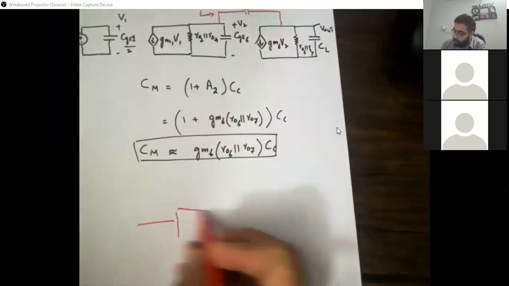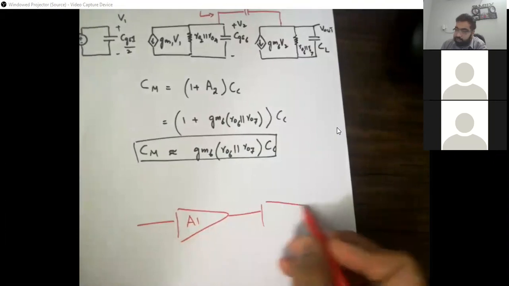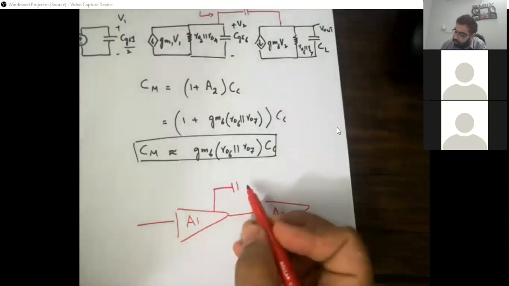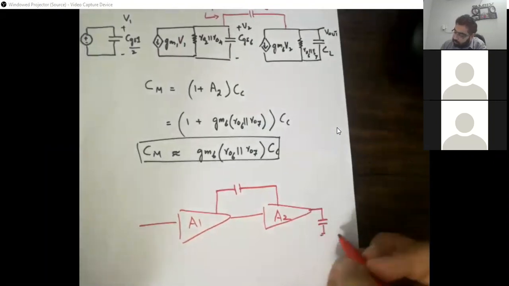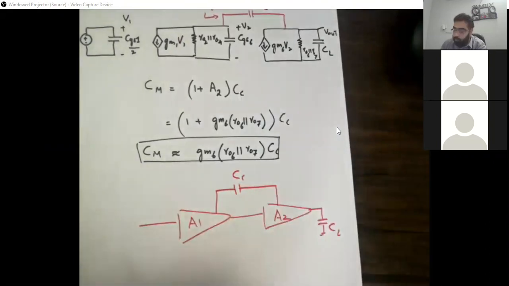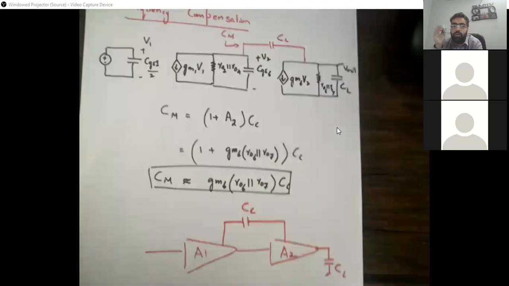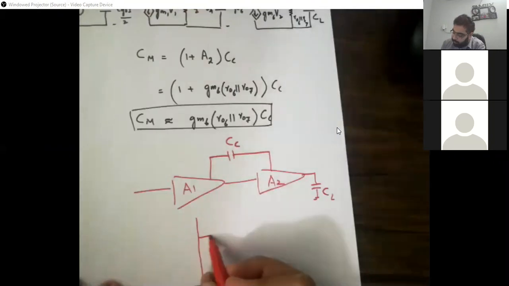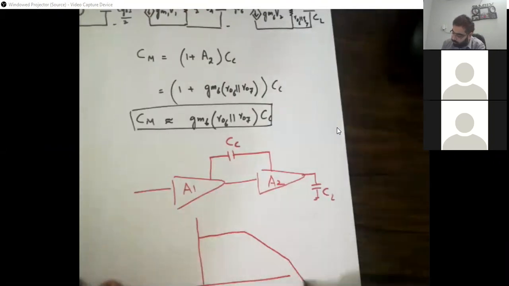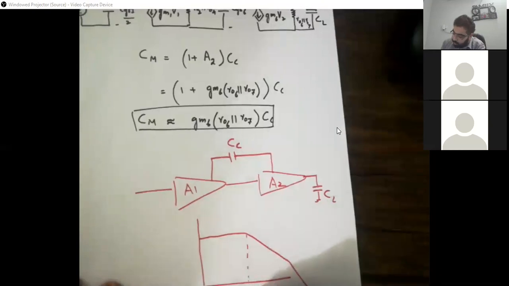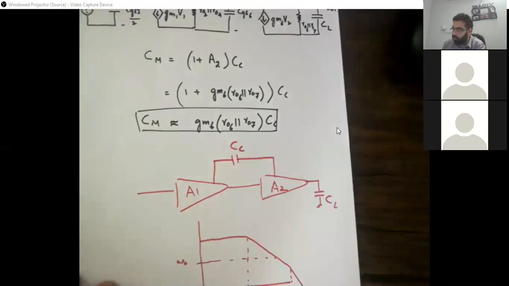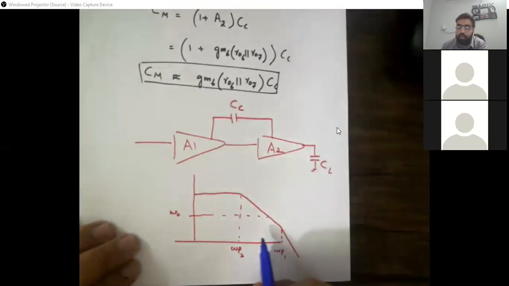Ultimately we have the first stage, whose gain we know is A1, and the second stage A2. So if we add a capacitor ourselves, with CL already connected here, CC, then ultimately we will do pole splitting. What will we do? You also had a configuration like this. This was omega p1, sorry, omega p2, this was omega p1. We need to do pole splitting here in order to make the non-dominant pole the dominant pole.